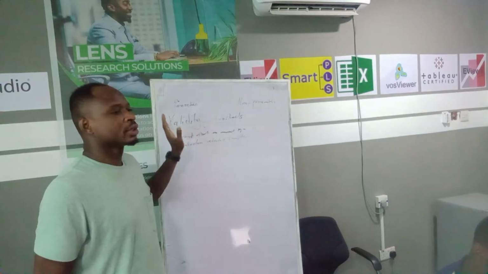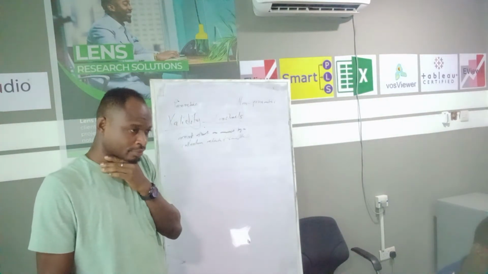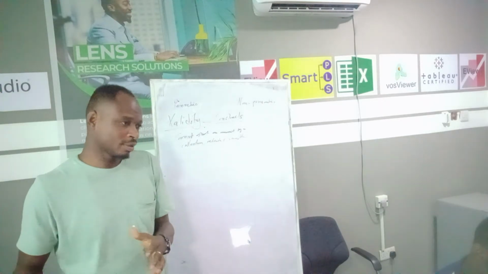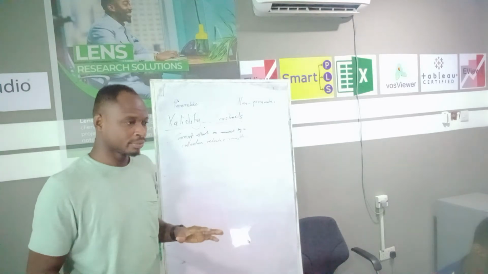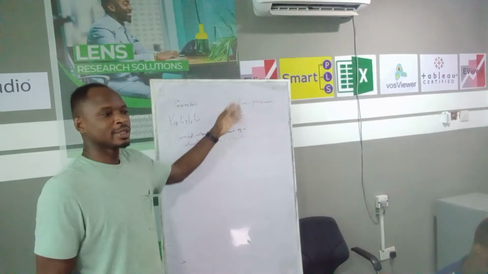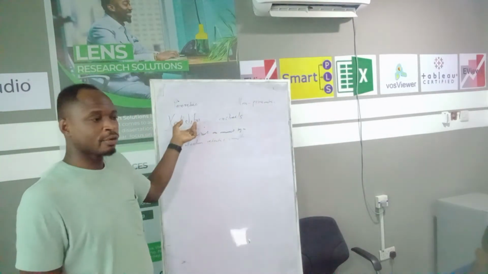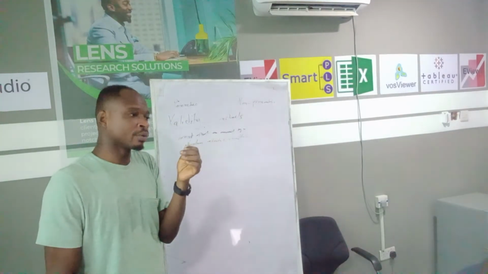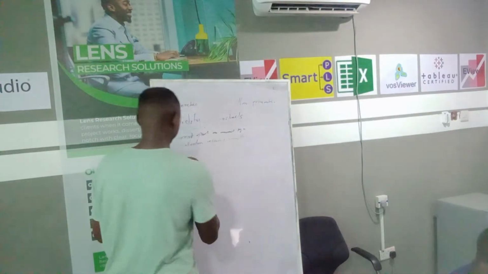So how do you check for validity? Okay. This one we are doing the theoretical base before we go to the practice. So the theory, make sure you understand it very well. Okay? So if you are using SPSS to do your analysis and you want to check for validity, we have two types of validity that we are going to talk about here. The first one is what we call